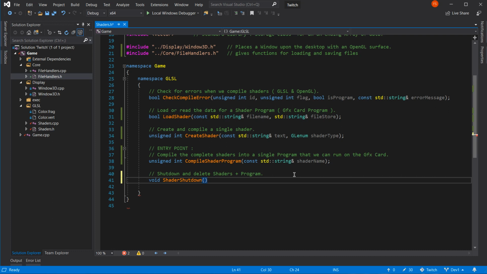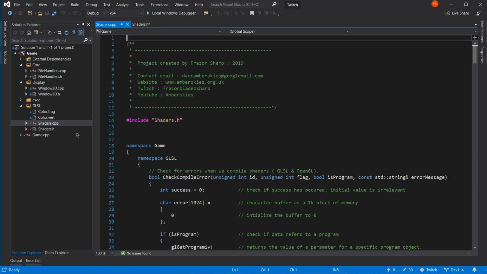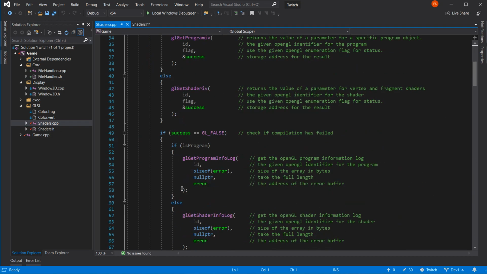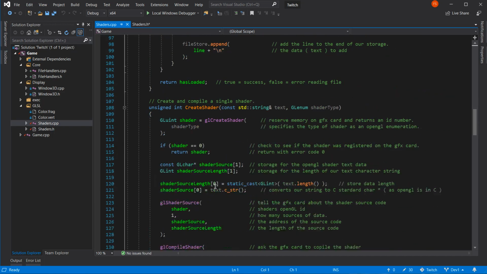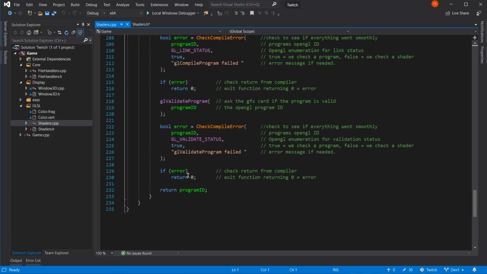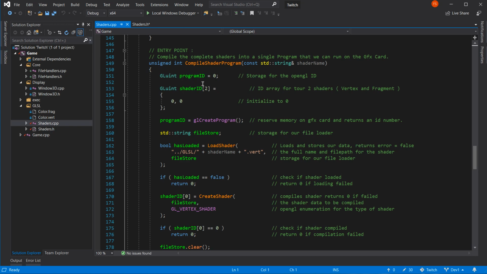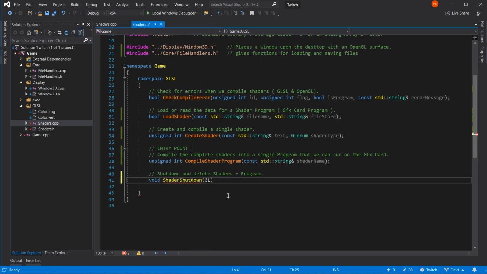Okay. So it's going to be shader shutdown. I think they're all uints, aren't they? Yep, GL uint. Program. Yep, GL uint. All GL uints. Okay.